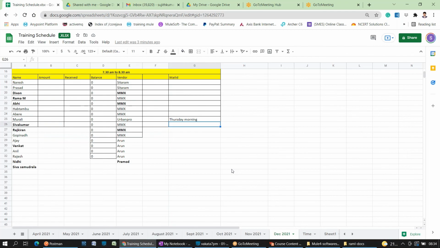Yes, Shiva, you are asking something? Yeah, what is the scope of Mulesoft? I mean, what are the opportunities for an experienced guy or fresher? See, the scope of Mulesoft down the line, I can predict only for every tool. We can predict only for 2 to 3 years, right? After that, we don't know. Maybe it will be there. Maybe upgradations on this version 5 may also come. So we don't know as of now. But the next 2 to 3 years, it will be there.